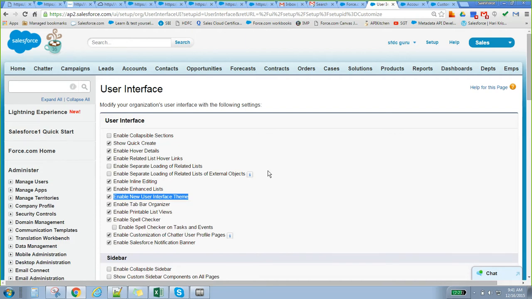Initially, like 3 years back, Salesforce used some old kind of UI. The look and feel was not that good. So they came up with this option, enable new user interface theme. If you enable it, this screen will be available for all users, like what we are seeing right now.